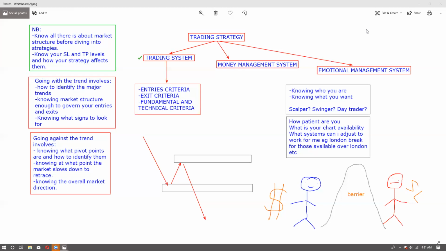And so for today, what I'll be doing is talking about the first one, which is the trading system. And something to highlight even before I go deeper is that this will be broken down into a series of videos that will seek to highlight each and every aspect of a trading strategy and how to build one, rather than having everything bundled up in one video, because my intention is to have the videos short, 15 to 30 minutes.